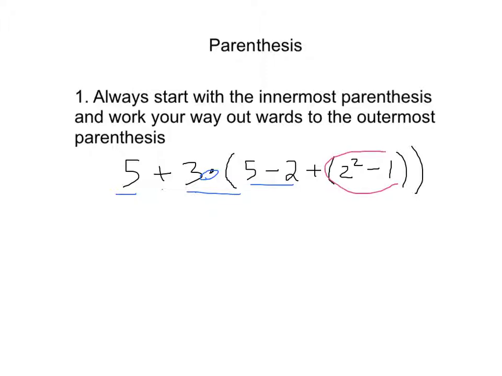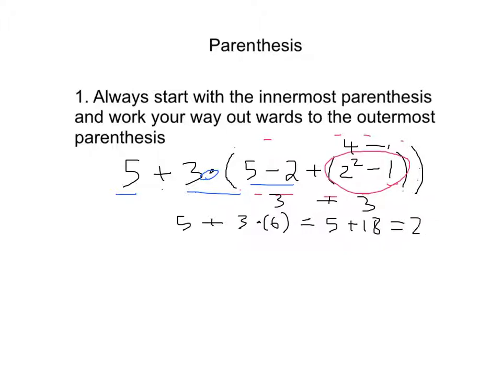So the innermost parentheses inside of this larger parentheses here is 2 squared minus 1. Now 2 squared is 4 minus 1, so this is 4 minus 1, or 3. So we have 5 minus 2 is 3 plus 3 is 6, and then we have 5 plus 3 times, and what was in the parentheses is now 6. And so we get 5 plus 18 equals 23. Okay, so we started with the innermost parentheses. The second thing to remember